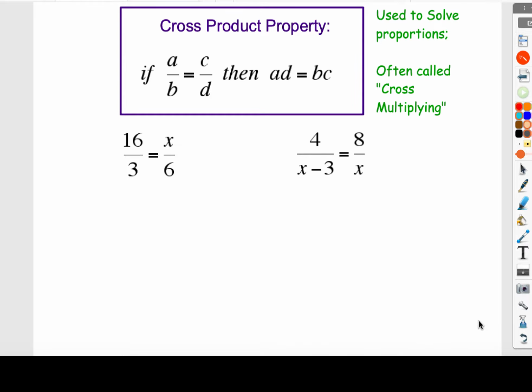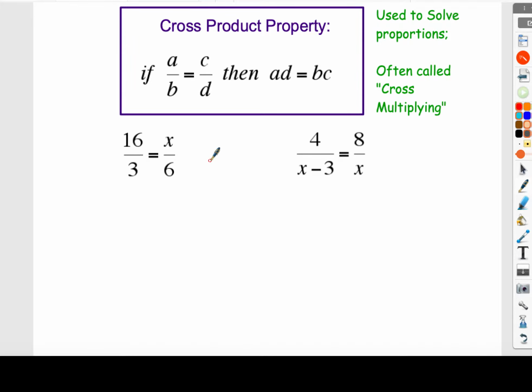Let's talk about proportions one more time here. Proportions are just a couple of ratios set equal to each other. So you'll notice up top here, we've got a ratio of A to B and C to D. Now, I've made a previous video about solving proportions for fairly simple proportions, similar to the one down here at